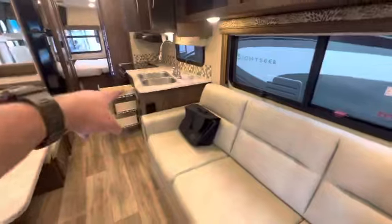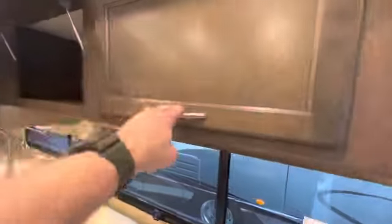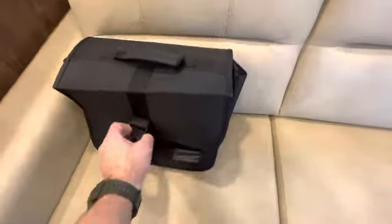Those were added, I'm sure, by the last owner. And you have these three good sized storage compartments above the sofa. I think it's fantastic that we have all the manuals that came with this thing. They've even categorized them here in their little folders. So you've got user manual,